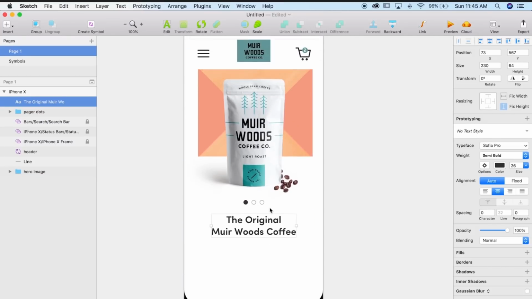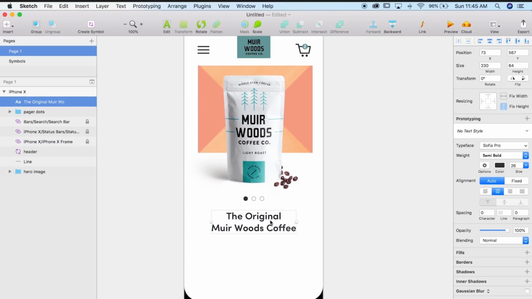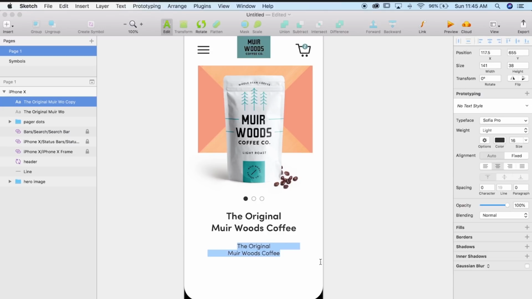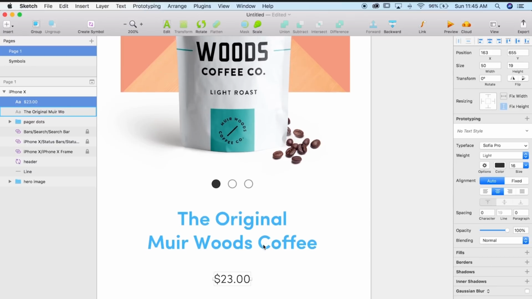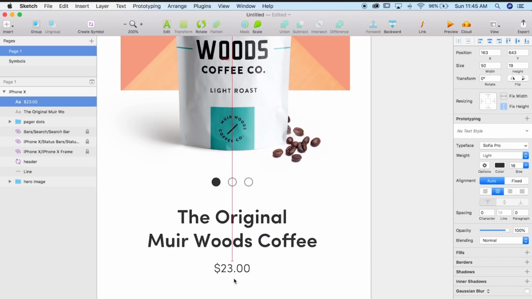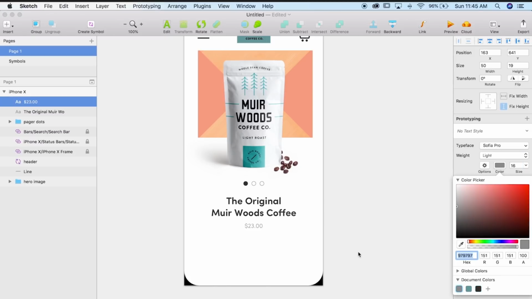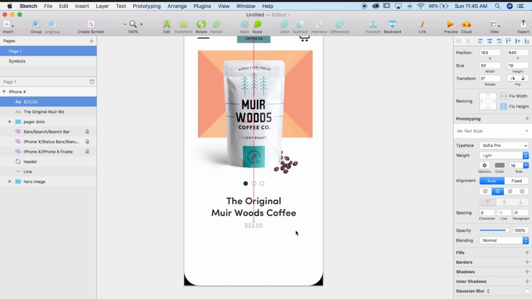So now we have to give this a price because this is an e-commerce page. People need to know what it costs to buy this thing. So if we shift alt drag, we'll duplicate this title. And I'm just going to change my text to 16 maybe? And let's go to a light font weight. And I'm thinking $23 would be good. 23 is my favorite number, so there's no real rhyme or reason why it's $23 other than it's my favorite number. And then let's make this our lighter gray color, just so that there's a little bit of a hierarchy here. You want people to read this first. Price is a little bit secondary. Actually, might make this about 18. Yeah.